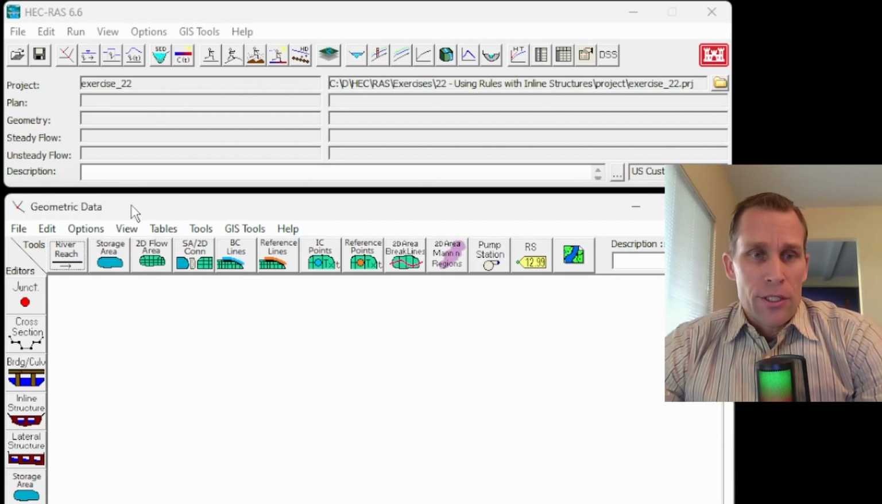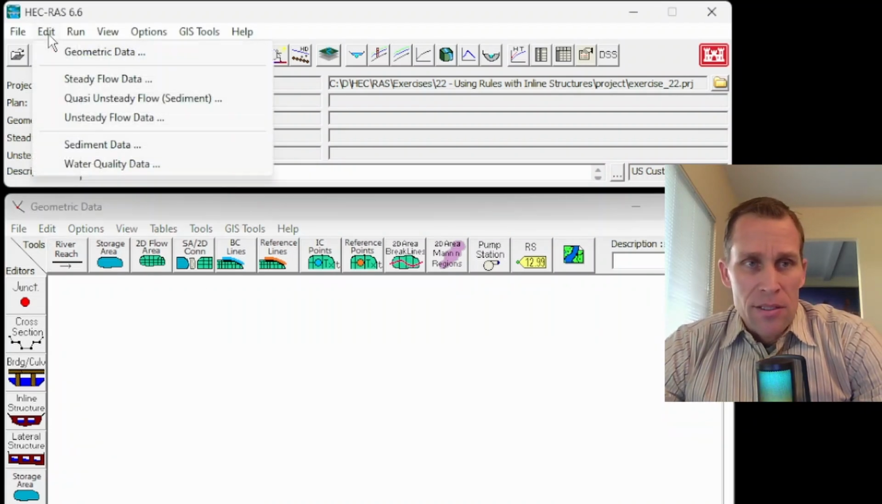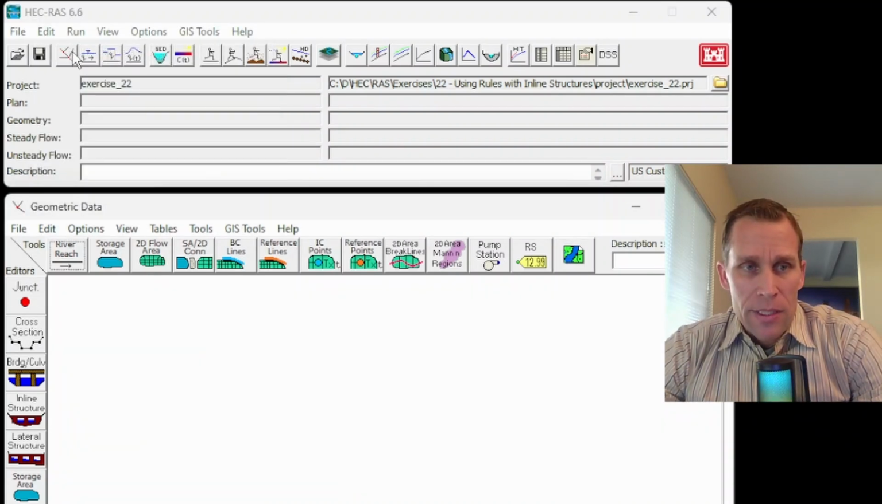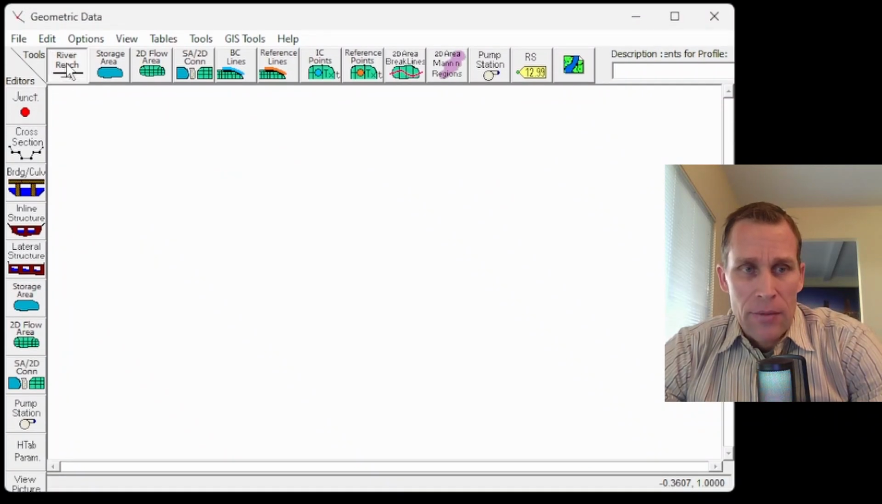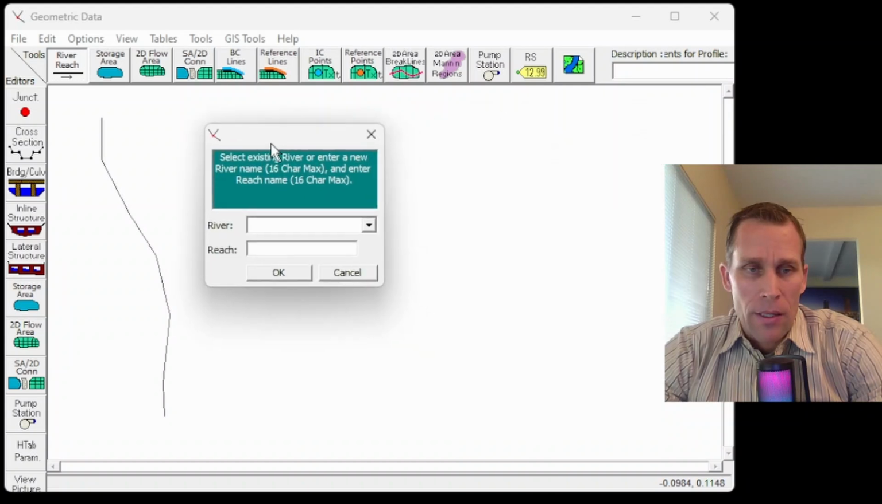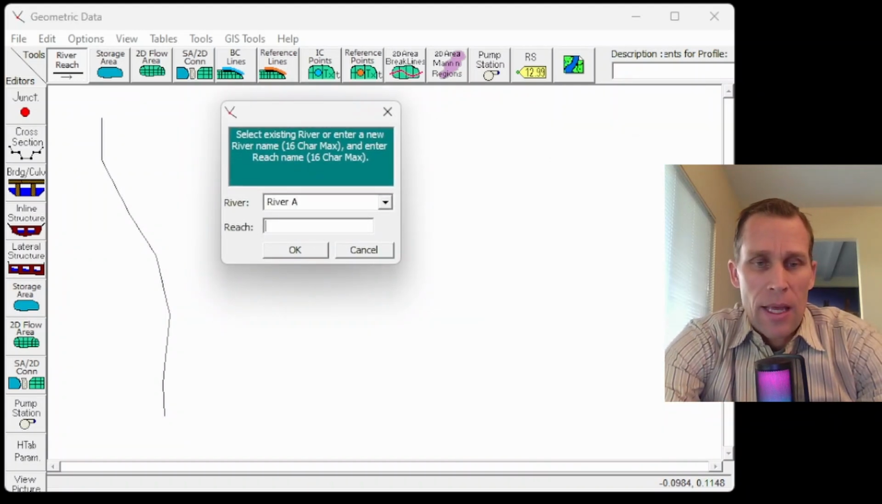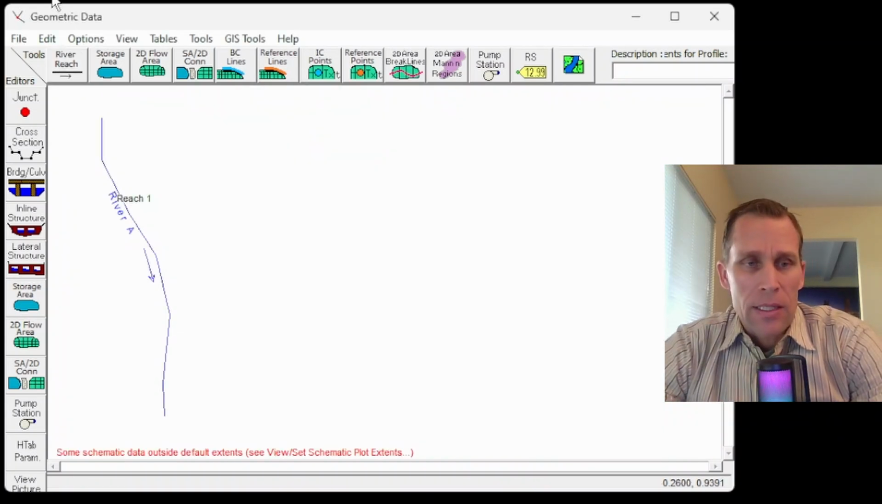Down here in the geometric data editor, you can access this by going Edit and then Geometric Data. I'm going to start by clicking River Reach, single left click at the upstream end of the reach, and then I'm just going to make a few more clicks as I go downstream, and then finally a double click at the end. All right, I'm going to name this River A and Reach 1,